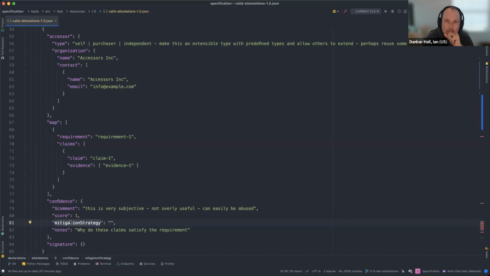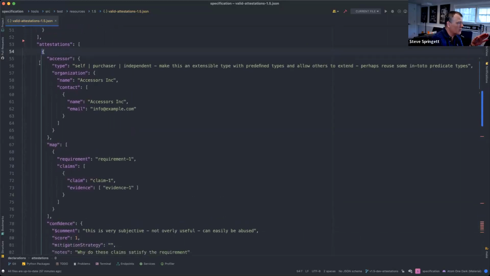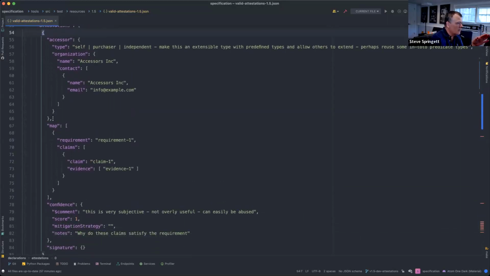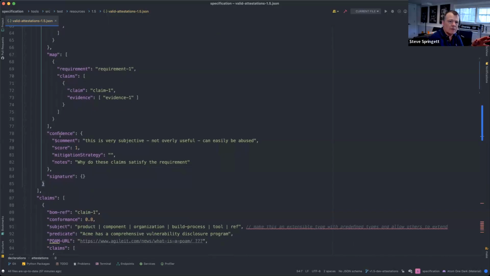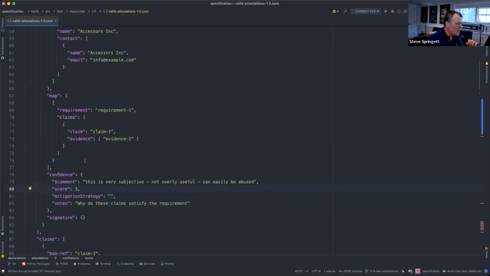That's a really good call out. What is that mitigation strategy tied to? How's that being tied back? It's all part of the single attestation. So this is the attestation, which has the assessor, the mapping, and then the confidence of this particular attestation. If we have a confidence of 1 and 0 mappings, that actually tells us that we're not meeting the standard. And you could put a mitigation strategy. Right now we just have a string, but should it be more?